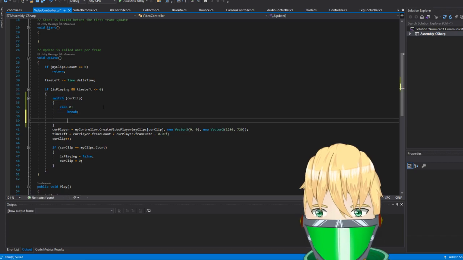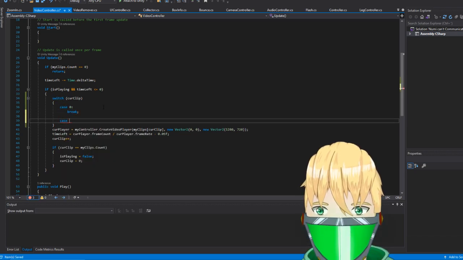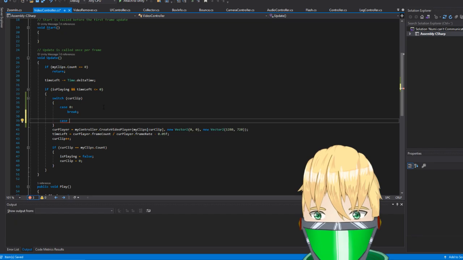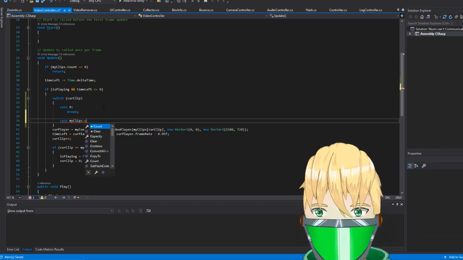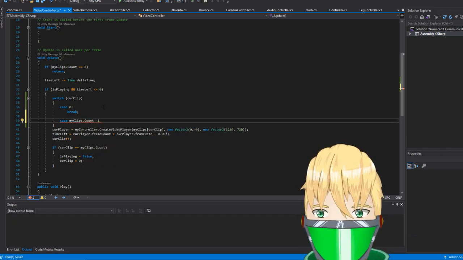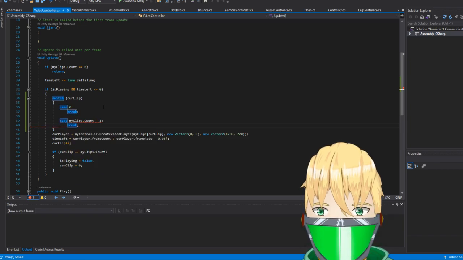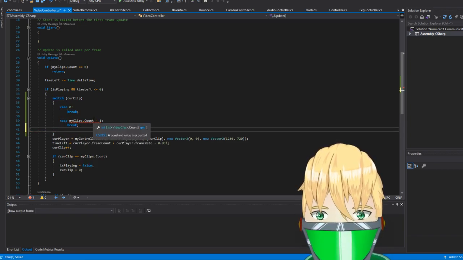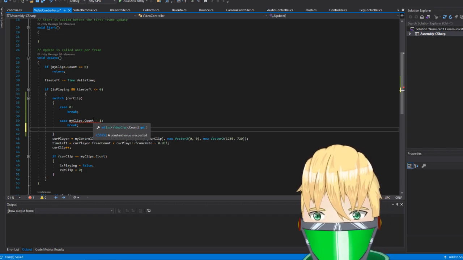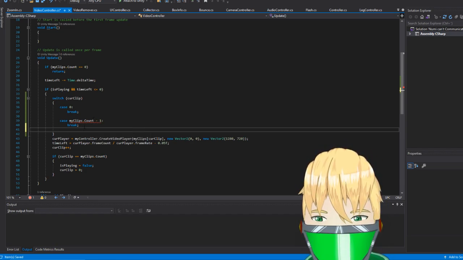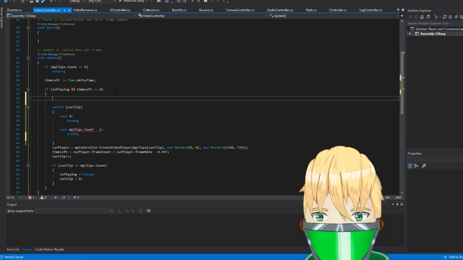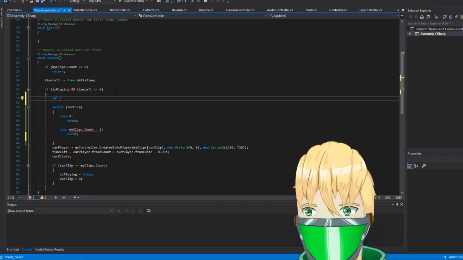I just want all the cases up. And if the case is myclips.count - 1, we break. Oh wait, can't you do that here? Constant value is expected. Oh, that's annoying. Can I create an int here?